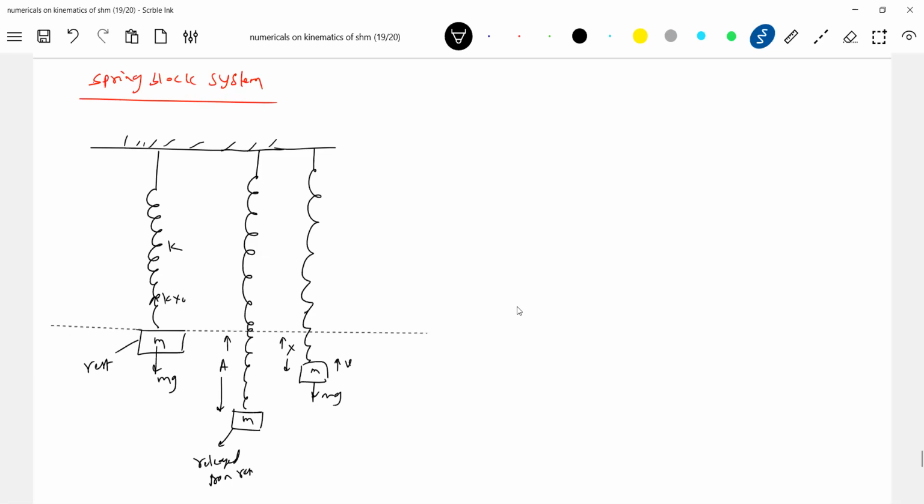So how much of this will be the mean position. This will be mean position, and this is the natural length of the spring. This is the elongation initially, x naught. So how much of spring force will act now? K(x naught plus x). And it will come back to one oscillation. I'll show it so that it will be easy for you. So then it will come back to mean position. Here it will have maximum velocity.